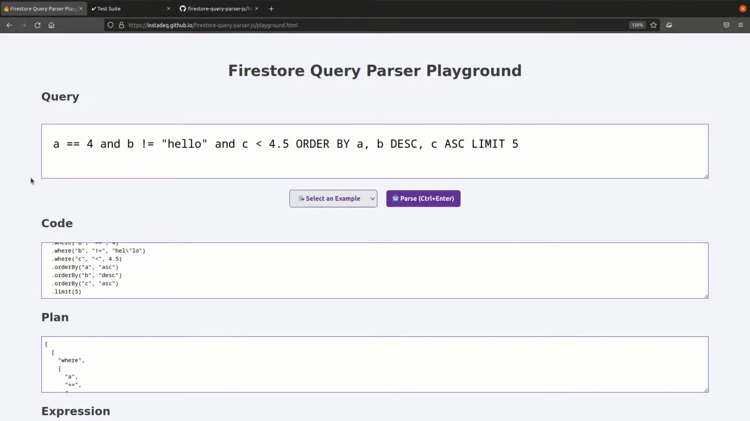Hi. Yesterday I had to extend the Firestore query parser to add support for order by and a limit. And I wanted to try some things and I wanted a REPL, so I decided to do a playground. It's here